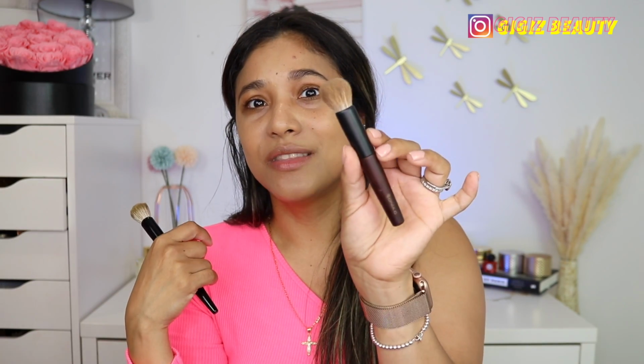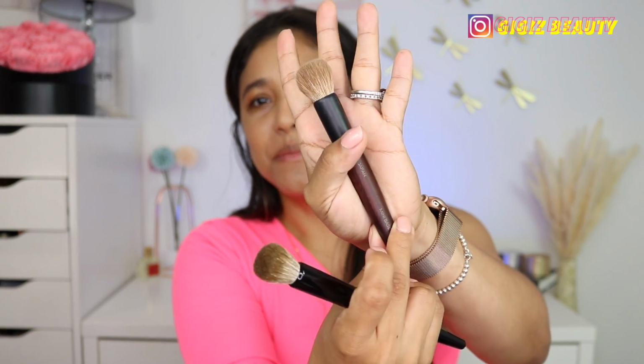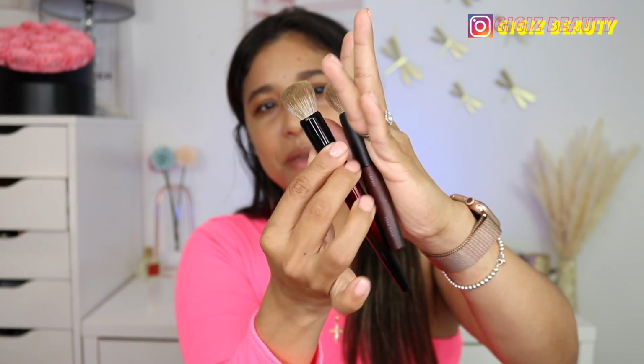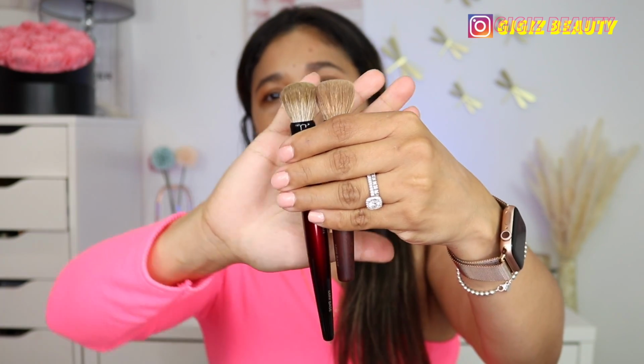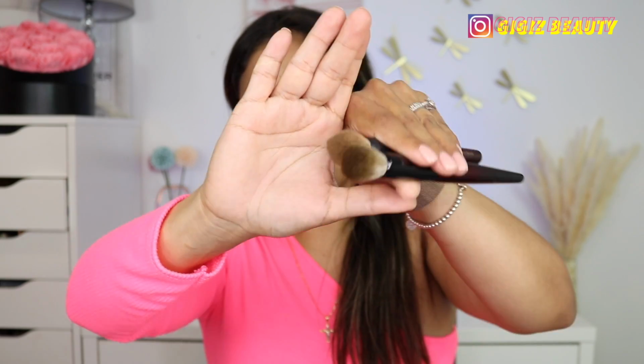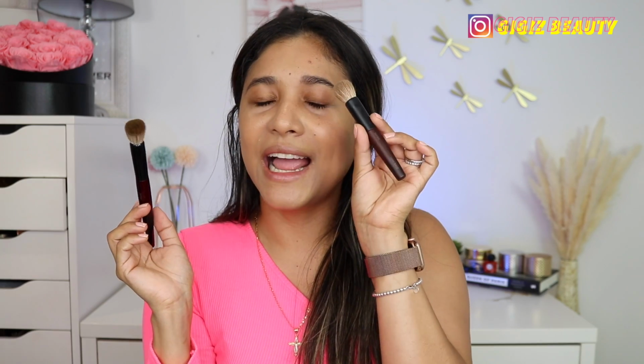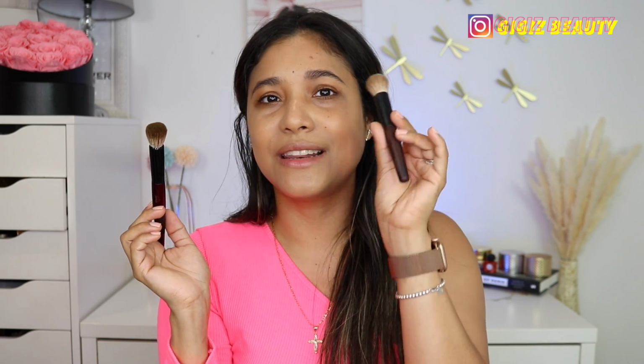I knew everyone loved this little guy, which is again the mini base, but because it's short, maybe not everyone wanted something like this. You can totally see they're the same exact brush. She said that it has the same exact materials and everything. It's just a different handle, this one being travel size and this one being full size. This little guy I love for contour, I love for concealer,